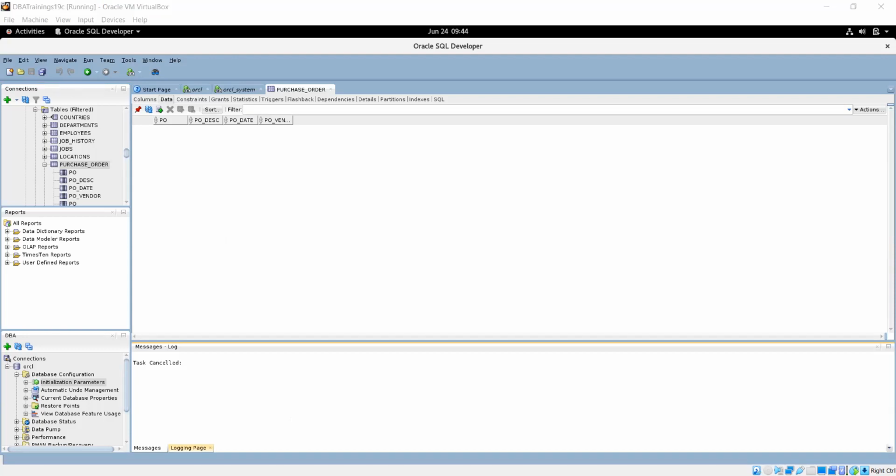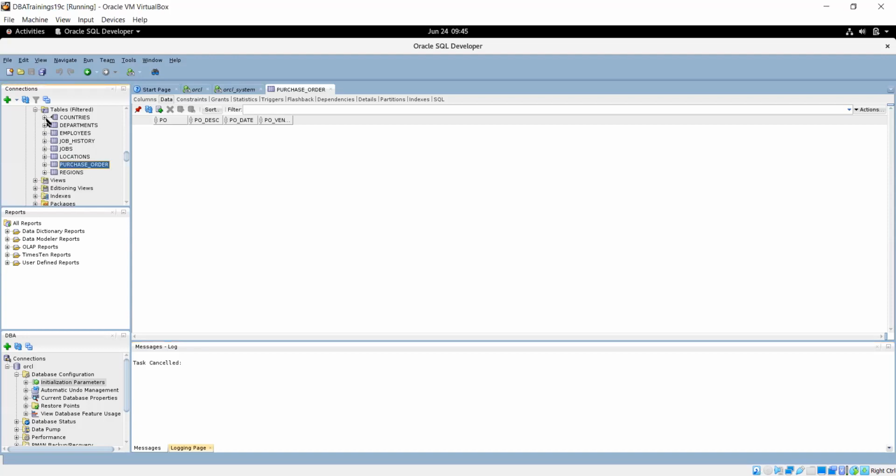Similarly, we can import and export the data from there. These can all be possible when you are working in the environment. So this is the developer tool, which is really good while you are working with the database. You can customize it and use all the services from this developer tool.